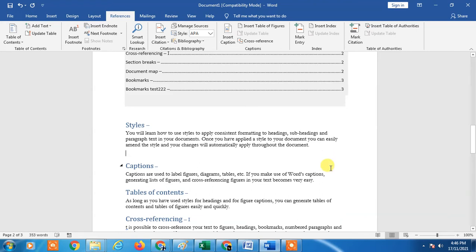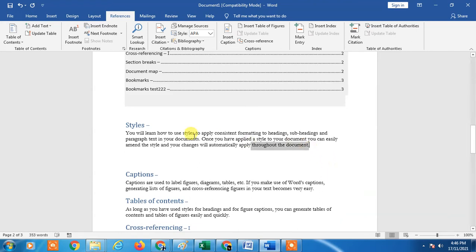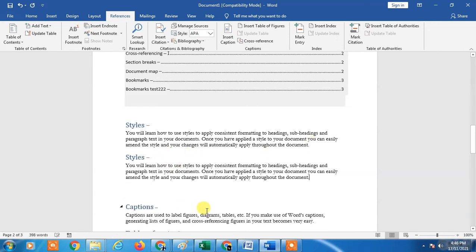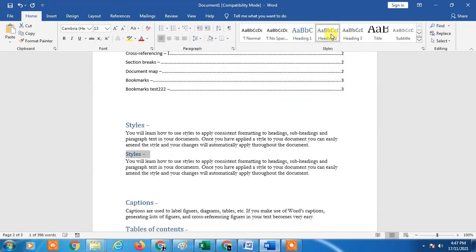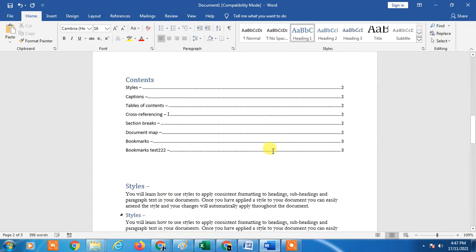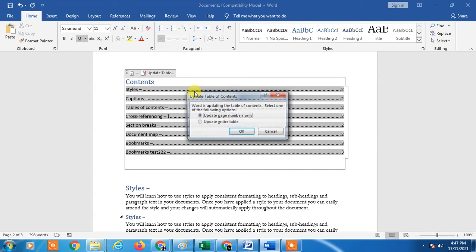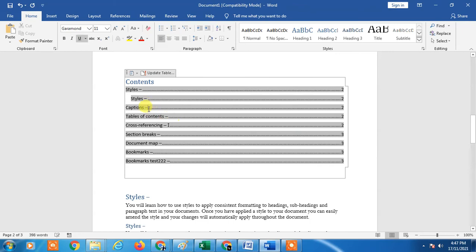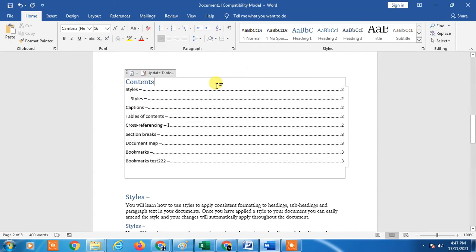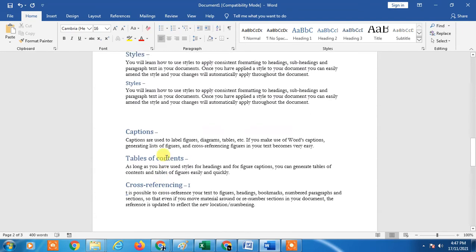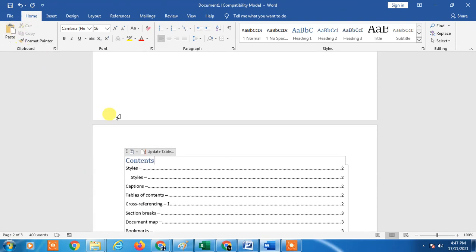If I copy this and write another paragraph with a subheading, you have to select the heading first, go to Home, and click Subheading. Then if you go to the contents and update the entire table, you can see the subheading has been added in style. So that is how you can insert a table of contents in Word.